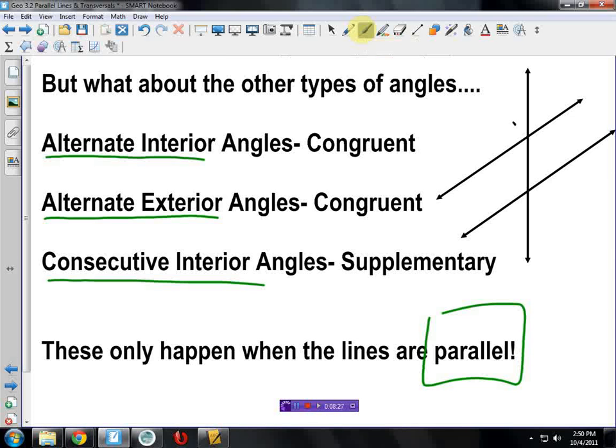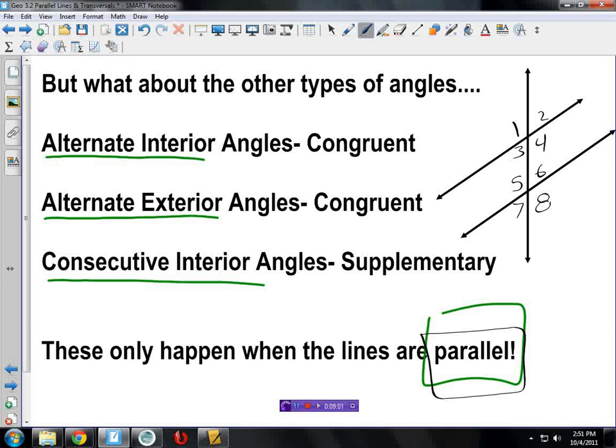And I can label them 1, 2, 3, 4, 5, 6, 7, 8. Now, if you look, there's going to be 4 angles that are quote-unquote small angles and 4 that are big, right? Here, a shortcut way is any big angle will be equal to any other big angle, and a little angle will be equal to any other little angle, so long as the lines are